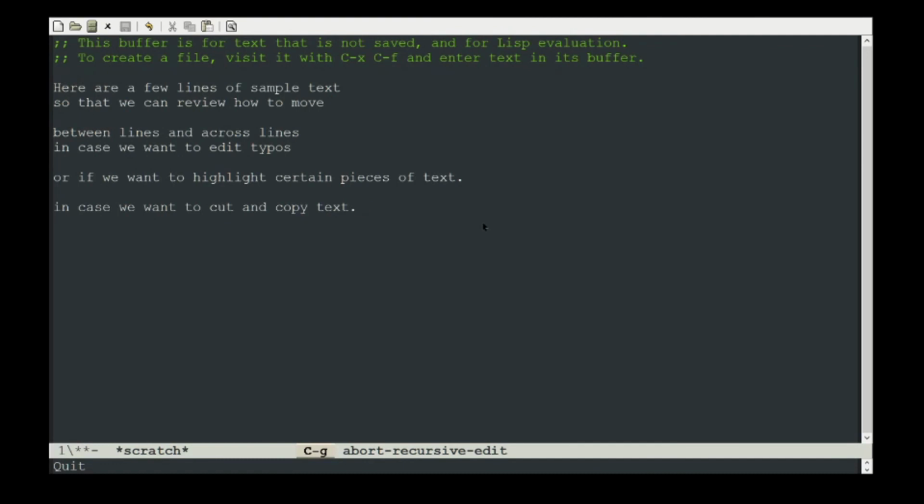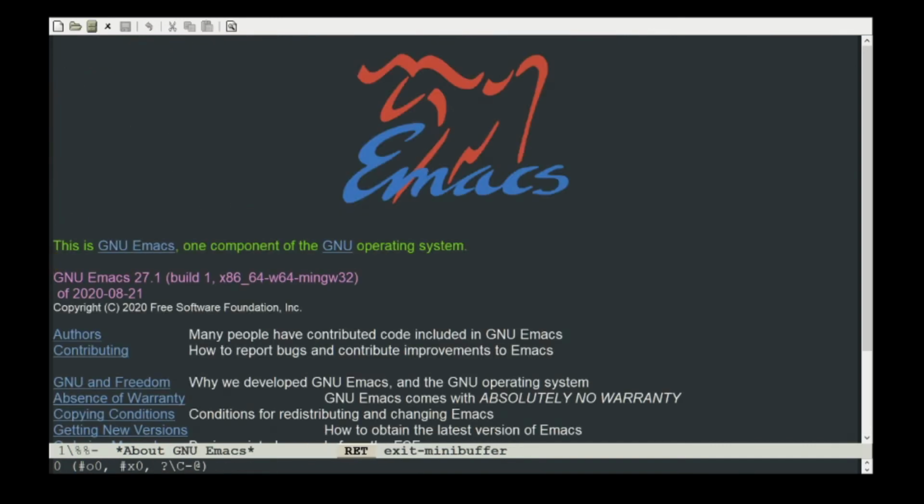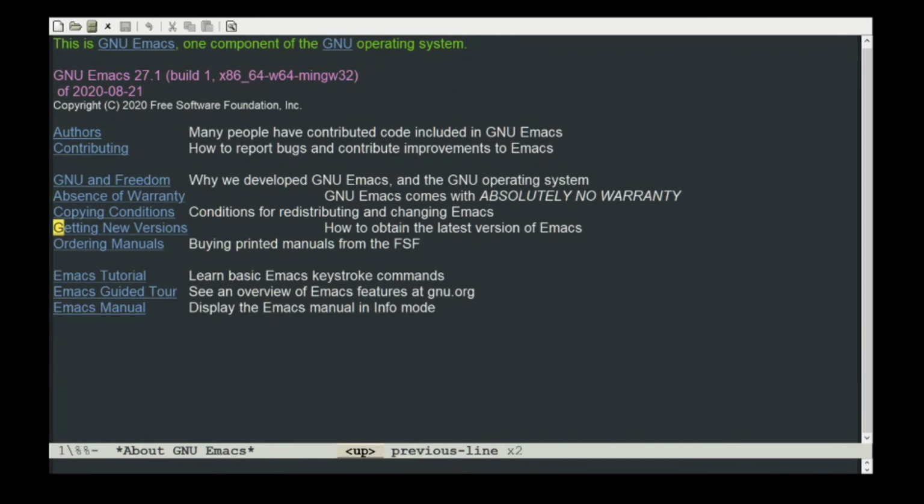Okay, and for that we actually need to run the fancy startup screen. So for that we can run Meta and a colon and type open parenthesis fancy-about-screen, and it should tab complete, close the parenthesis and hit enter, and we get back to the about screen here, and you can go check out the Emacs tutorial here at the bottom, or the Emacs guided tour, or the manual. I strongly encourage you to check those